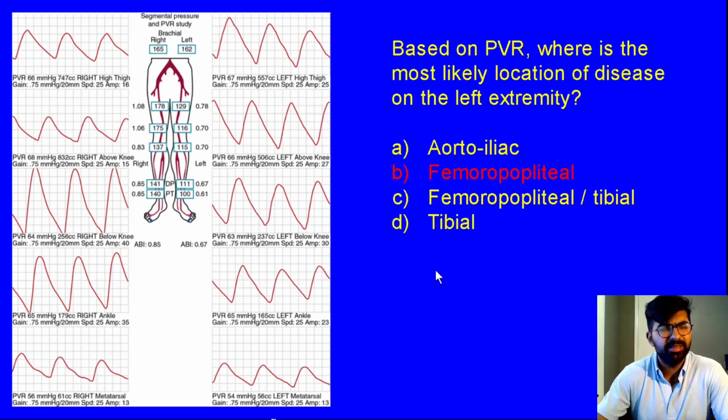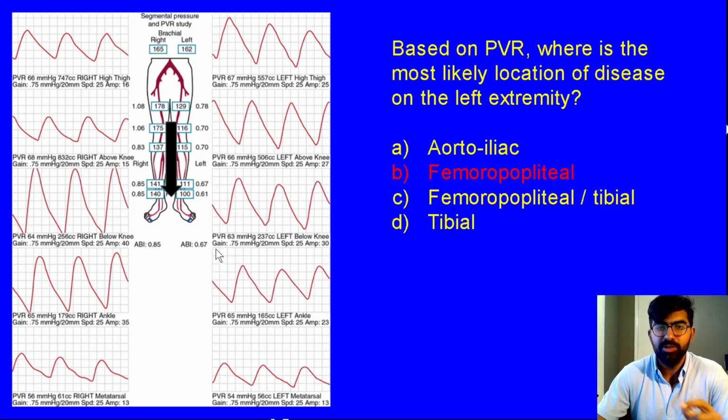So you'll say, Dr. Shukla, those waveforms look very normal, but remember what we discussed. It is a normal finding to have an elevated amplitude at the below knee segment. So the lack of it, again, represents lack of volume in that segment, represents a stenosis potentially proximally, which would be in the femoral popliteal segment. Now,